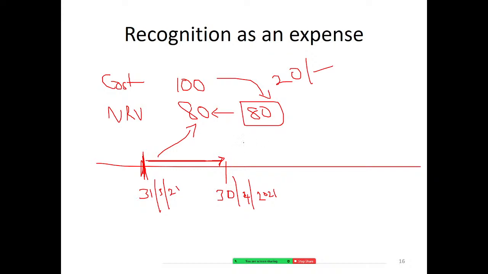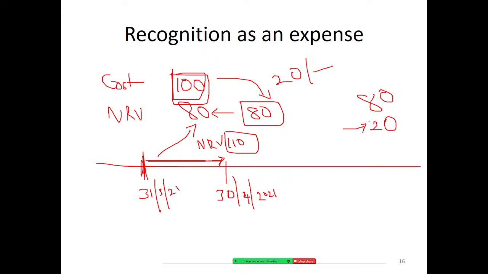So now the NRV is 110 rupees. NRV is equal to 110 rupees, and the cost was 100, NRV was 110. So this time we have to take the lower value of the inventory. So here we compare again 100 and 110. So we have to take this cost value. So earlier what was done, we have accounted for inventory. Inventory cost is 80 and written down expenses is 20. So earlier we have charged this 20 rupees as an expense